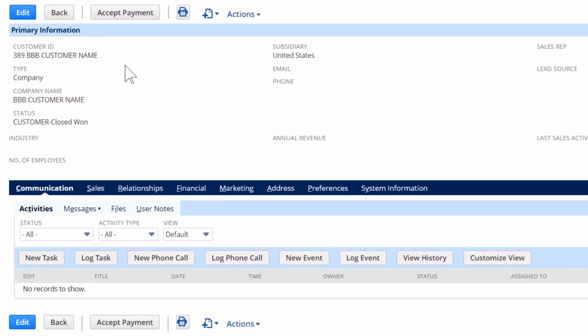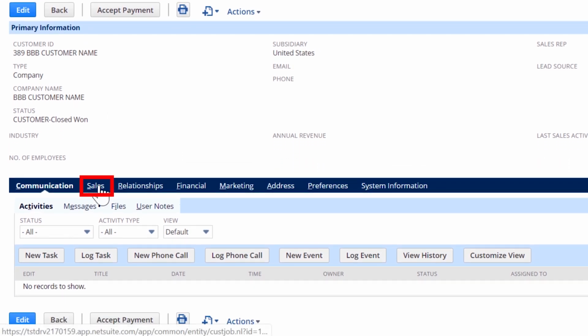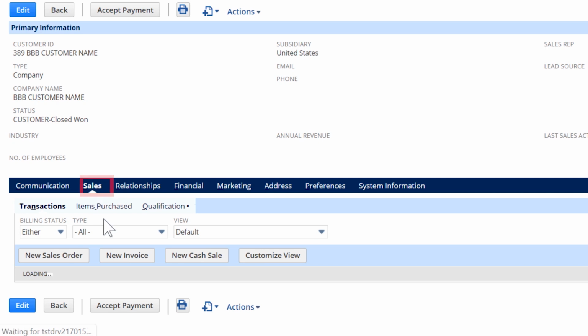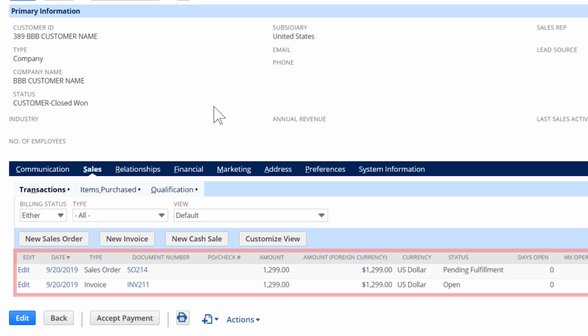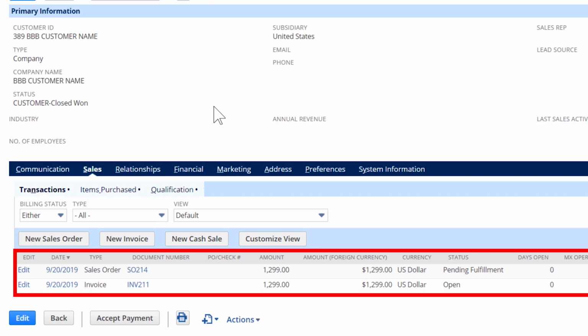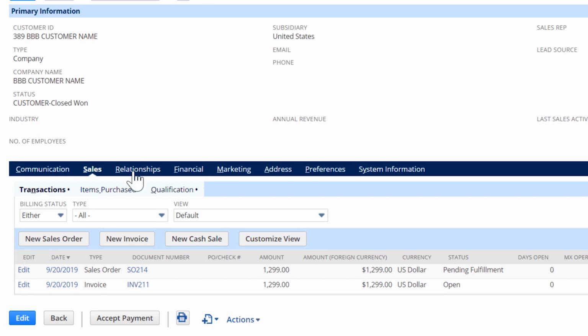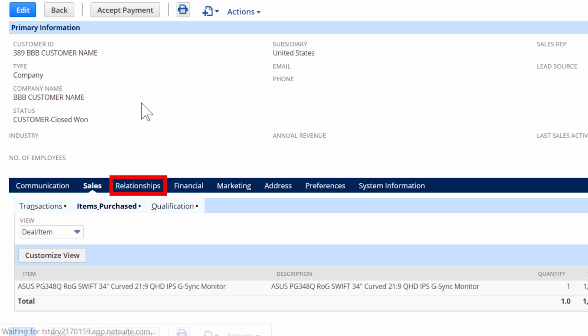At the bottom of the form, the lower blue menu bar has a Sales tab. I'll go ahead and click there. You can see in the sublist of transactions there are the related sales order, invoice, and payment transaction records that we just created. As I do business with my customers over time, NetSuite will continue to track what items are being purchased within the related transactions,